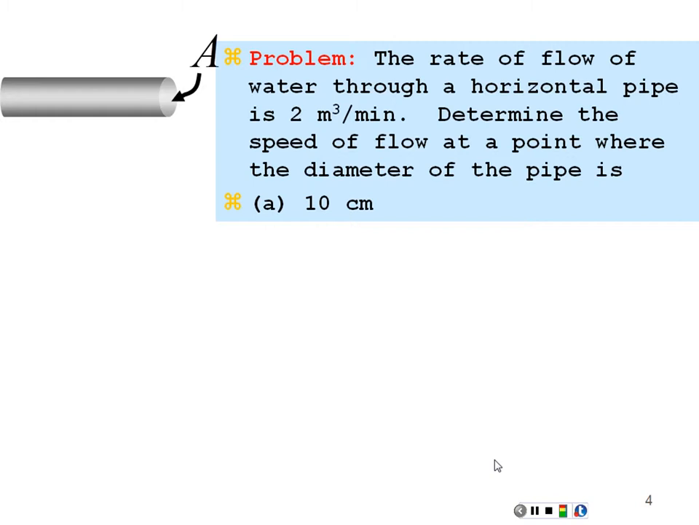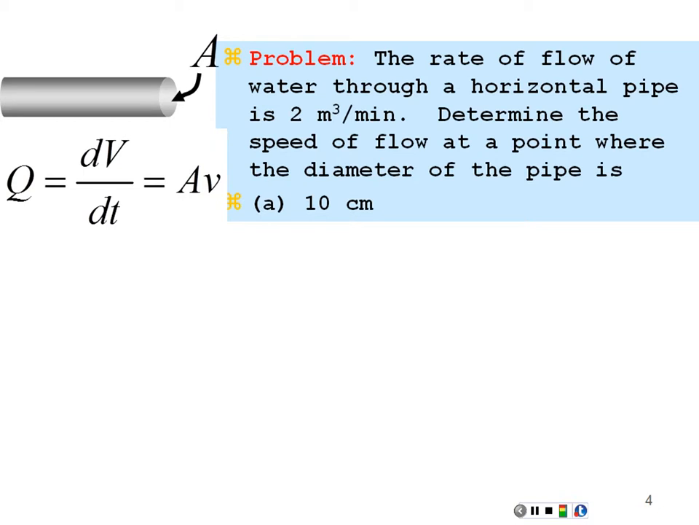So let's try a problem with this continuity equation. The rate of flow of water through a horizontal pipe is 2 cubic meters per minute. Determine the speed of flow at a point where the diameter of the pipe is 10 centimeters. Okay, so we have that our rate of flow, the volume per time, is equal to the cross-sectional area times